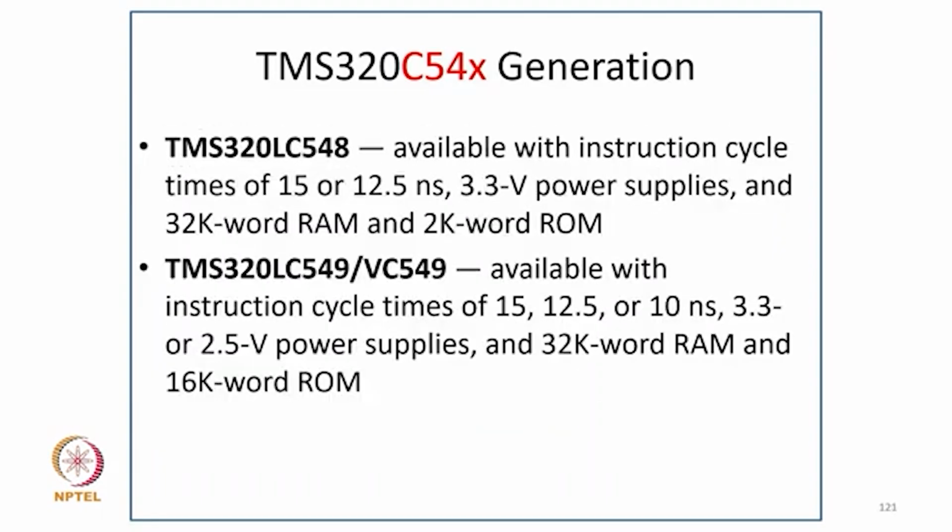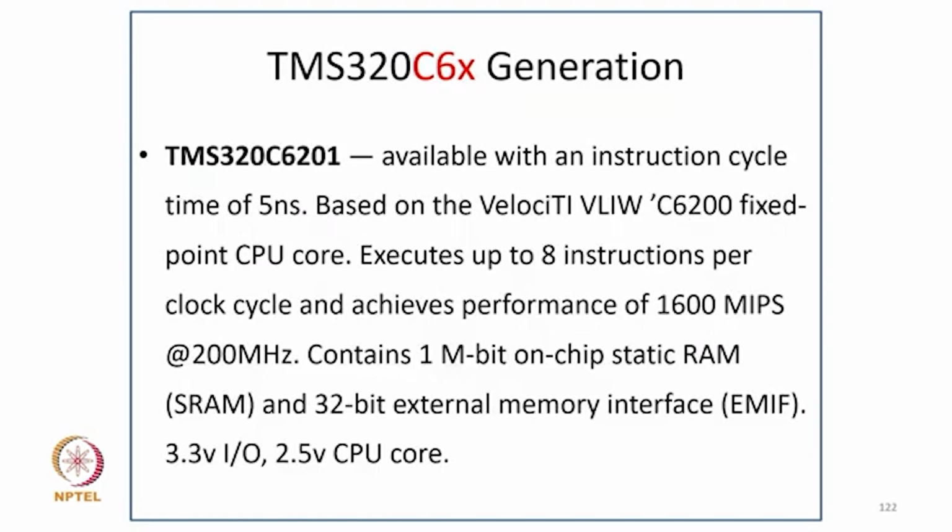So now the TMS320LC548, available with an instruction cycle time of 15 or 12.5 nanosecond, a 3.3 volt power supply and 32K words of ROM and 2K words of RAM. And TMS320LC549 versus VC549, available with an instruction cycle time of 15, 12.5 and 10 nanosecond, a 3.3 or 2.5 volt power supply and 32K words of ROM and 16K words of RAM. Now coming to the TMS320C6 generation,